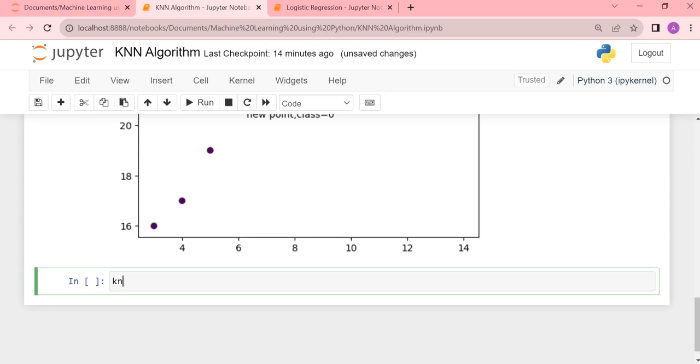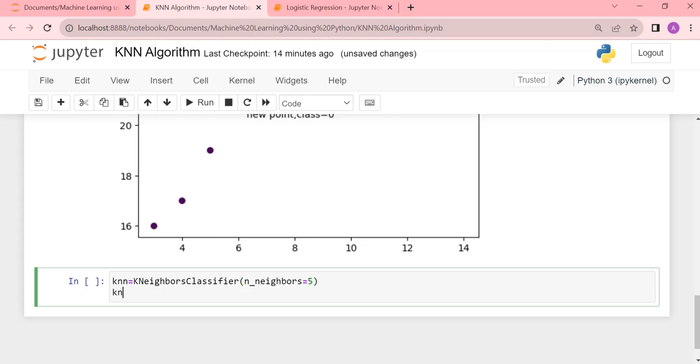So here I'm simply going to say knn equals KNeighborsClassifier, and then let's pass n_neighbors equals the value of k to be 5, and then you can do knn.fit